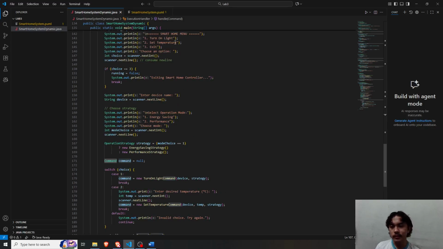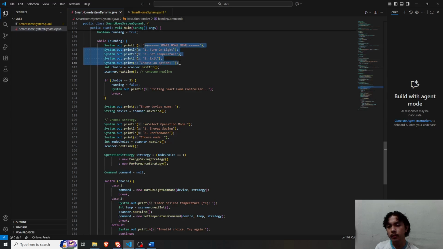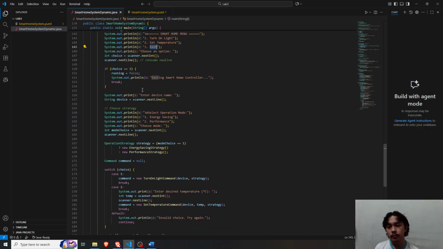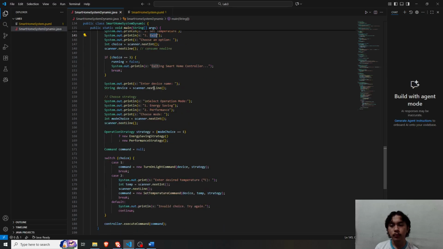Here we have the prompts and then the user's choice. Then an if statement: if choice is equal to 3 or exit, then the while loop will break and the program will stop.